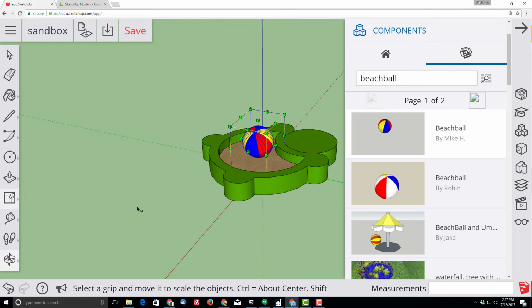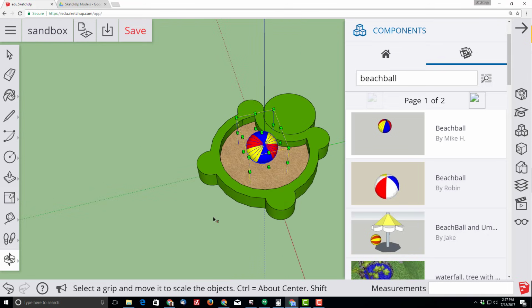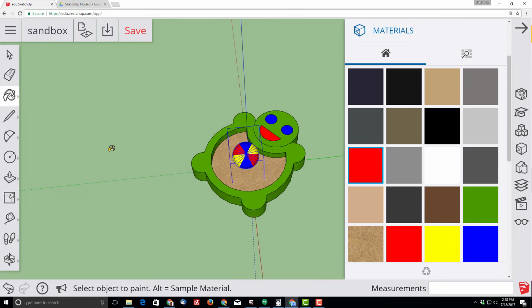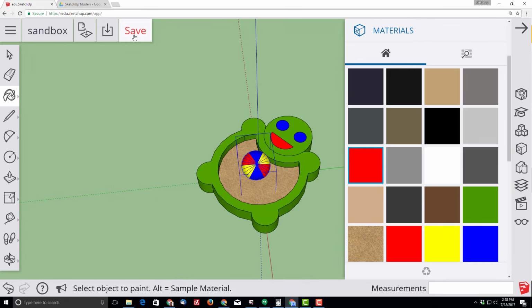There you have it. You have created an awesome sandbox. At this point, use all the skills you've learned to make your turtle a little bit more cool to you. Make sure that you hit